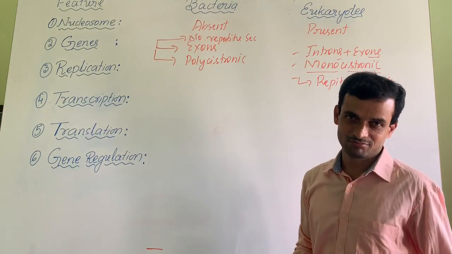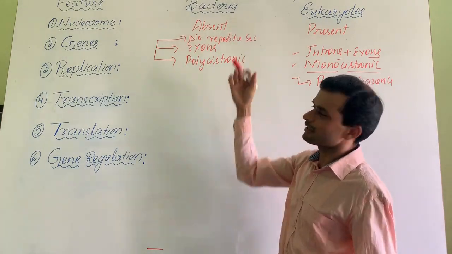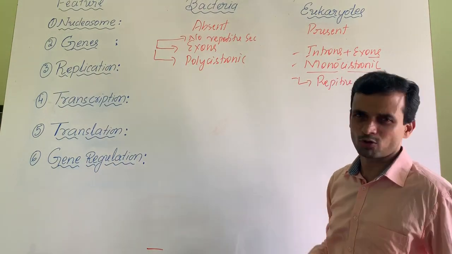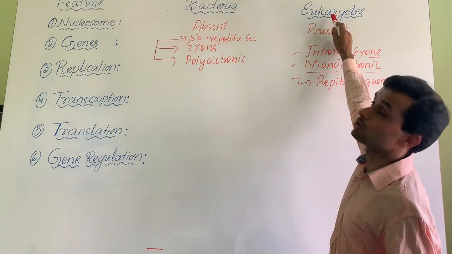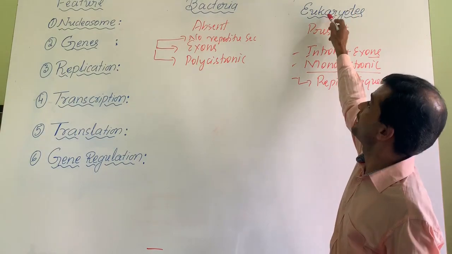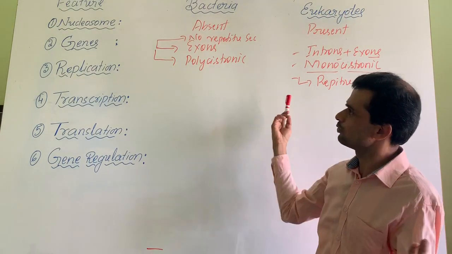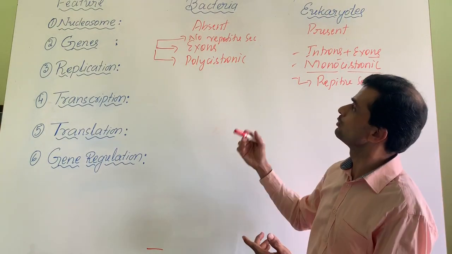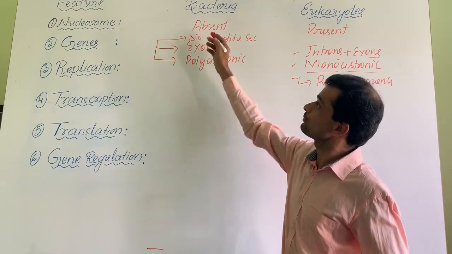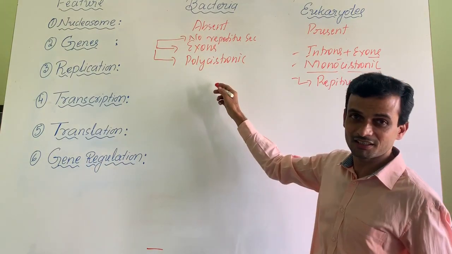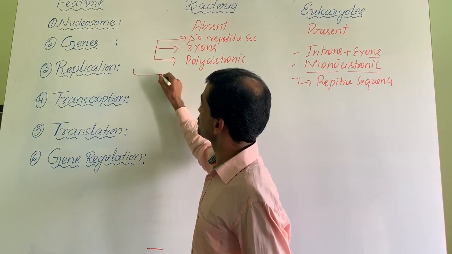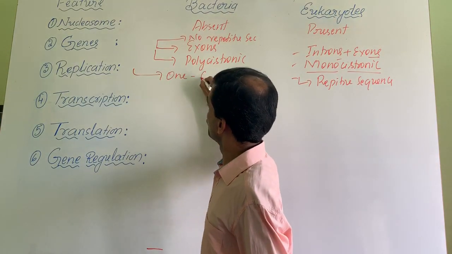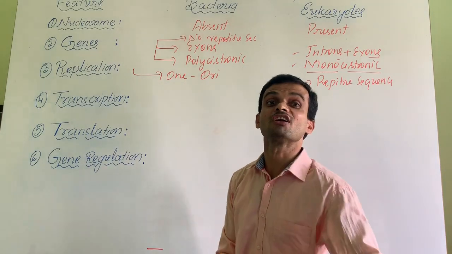DNA replication. DNA of bacteria undergoes replication before binary fission. Replication takes place in S phase of the cell cycle. I am talking about eukaryote, right? Cell cycle. In S phase of the cell cycle. Yes, both can undergo replication. Then how do you differentiate the replication process of bacteria from that of eukaryote? In bacteria, replication starts from a specific site called ori. Do you remember? Origin of replication?